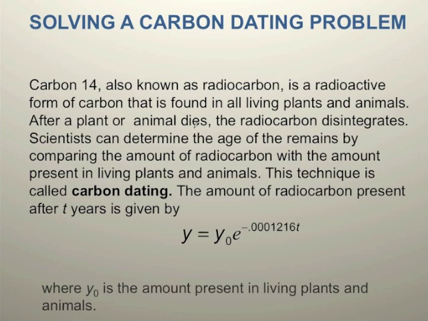After a plant or animal dies, the radiocarbon disintegrates. Scientists can determine the age of the remains by comparing the amount of radiocarbon with the amount present in living plants and animals. This is called carbon dating, and the amount of radiocarbon present after t years is given by this equation,